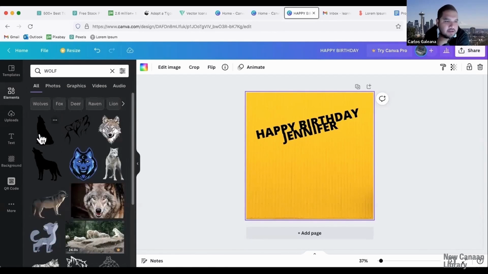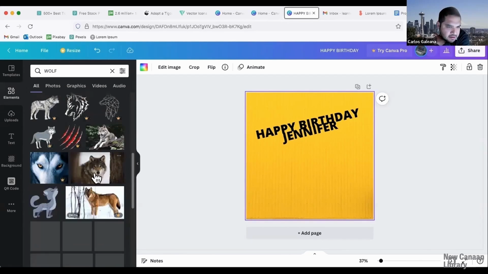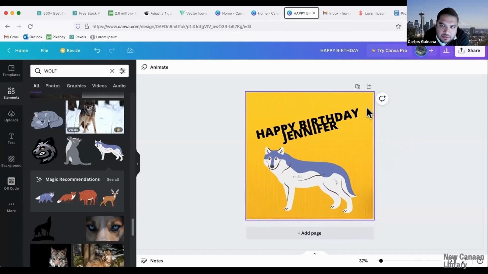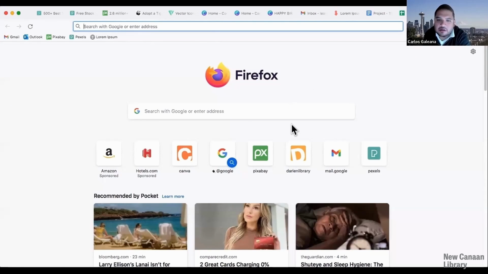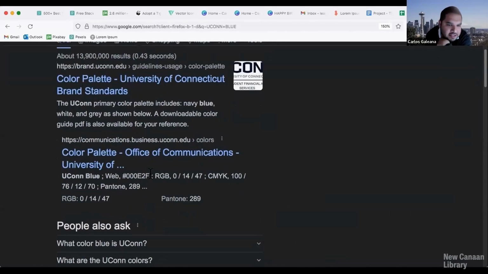And then when I type wolf, I get a picture, I get some graphics, I get some animated stuff, photographs. The wolf has this kind of bluish, purplish tint to it. So if you had the hex code, and the hex code is basically a series of numbers and letters that are really precise in telling you what the code is for that particular color, you can put it on Canva. So for example, if I did Yukon, and here's a suggestion,